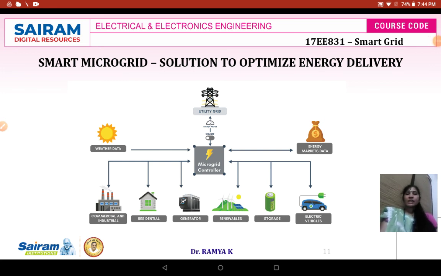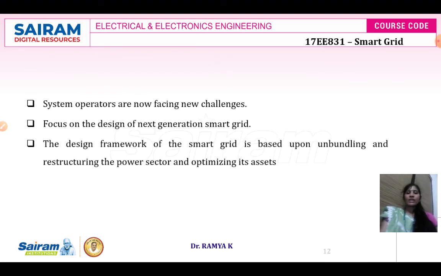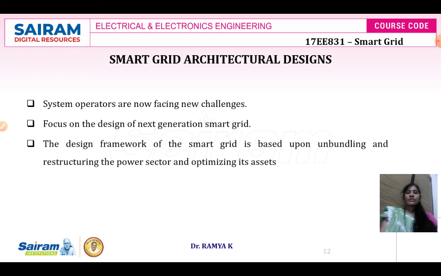In the next class, we'll see what all the different functions are. Here you see the smart grid architectural design. In the architectural design, how you are going to plan the system for generation, distribution, and transmitting. The electric grid operates with a vertical structure consisting of generation, transmission, and distribution, with additional support controls and devices so as to maintain reliability, stability, and efficiency.